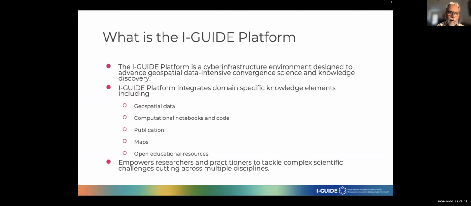That's what the iGuide platform is designed for. It integrates what we call knowledge elements. You can think of these as units of knowledge, and we have various kinds of these, going from geospatial data and notebooks and code to publications, maps, and other